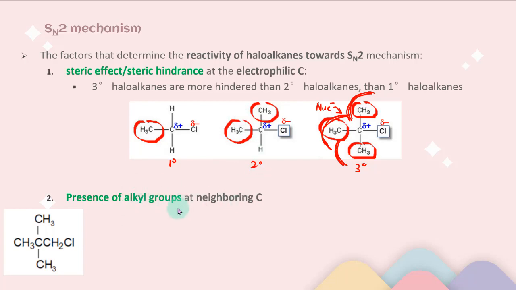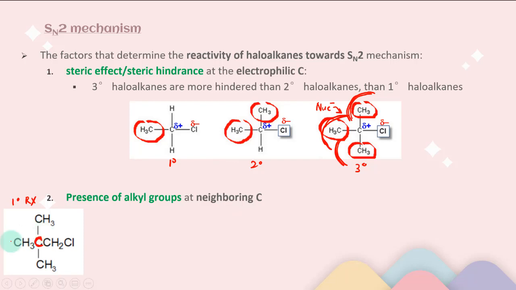So this is also related to steric effect. But the first factor just now is directly on the electrophilic carbon, and this second factor is at the neighboring carbon. So for example, if you look at these structures, the chlorine is attached to a primary carbon. So actually for these structures, it is a primary haloalkane. So the presence of alkyl group at the neighboring carbons refers to the carbon which is next to your electrophilic